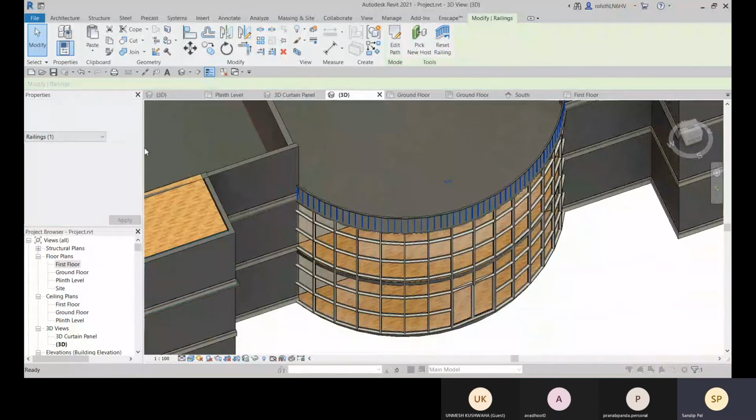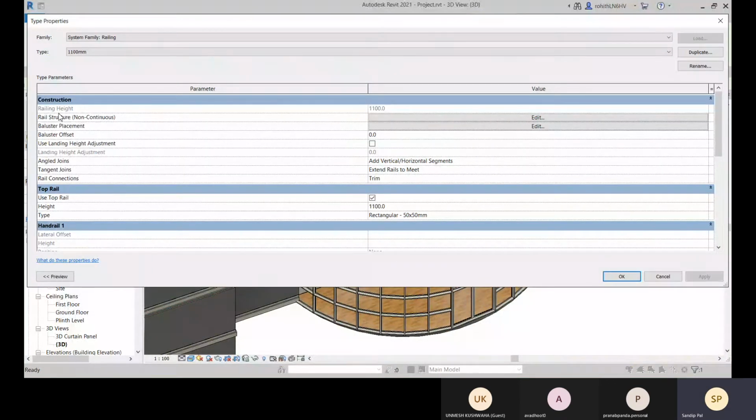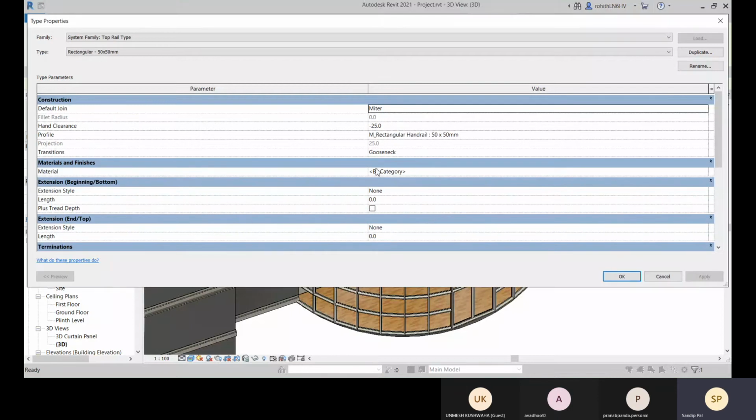And then you can go to this edit type option and there you have all the options to change the height. So here you have this top rail. As per the top rail height, you will get the total height of your railing. So here you can change the railing height. Okay. And what is the type? So this is the type of your railing selected.